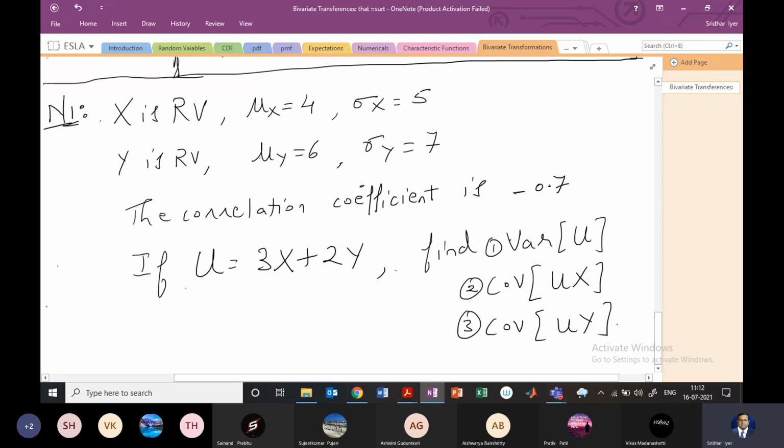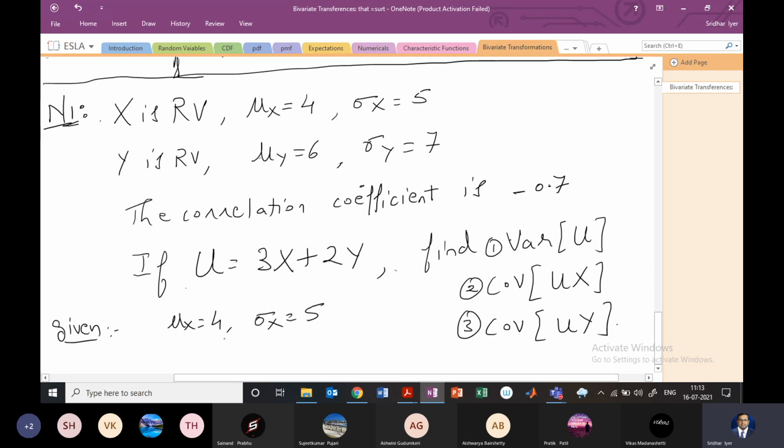So let me write it here, and meanwhile I'm hoping that you're noting down the variables or whatever data is given, because I have to scroll down, right? So let me start here. What we are given is mu x equal to 4. Many a times they'll not give you mu x equal to 4. They'll say mean of x is 4. So we need to understand what that is. Okay. So please be prepared for that.